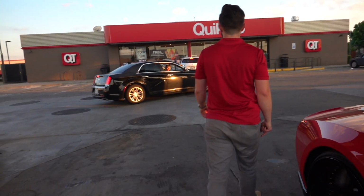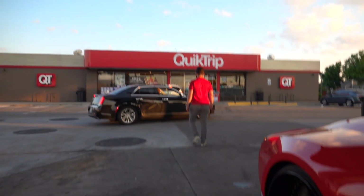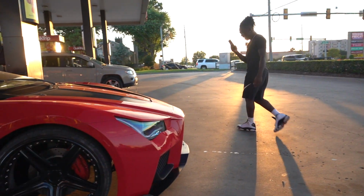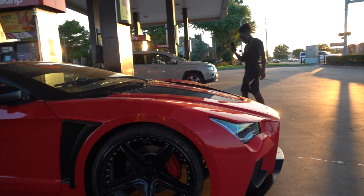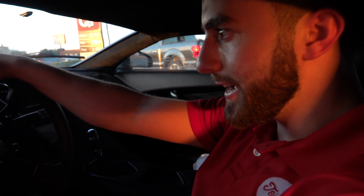Vaydor. Carolina. Yeah, he got some bad. You know, we've had some mixed opinions, but most people think it's badass and they think it's worth $300,000. If you want to look like a badass and make everyone think that you're driving a $300,000 car, the Vaydor could be a great choice for you for only